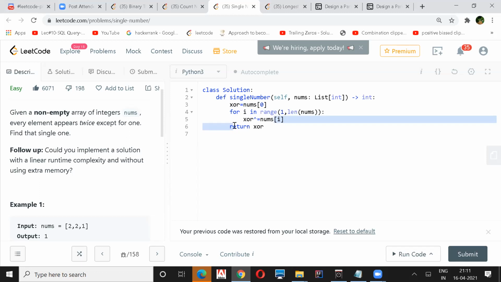So initially you initialize the XOR with the first number. Then when you come to the second index, you XOR it with the previous result. If it was a duplicate, it's going to cancel all the bits.